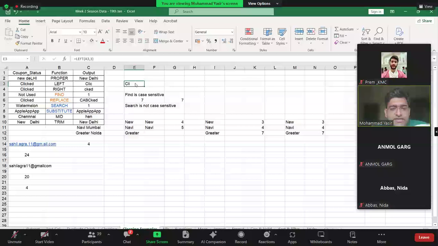So the first three characters from the left I have been able to extract now. Right? This is clear? And these are very important functions, very frequently asked in interviews.